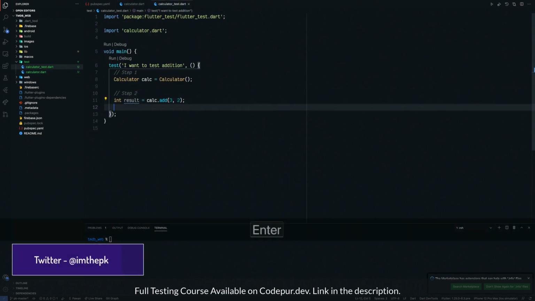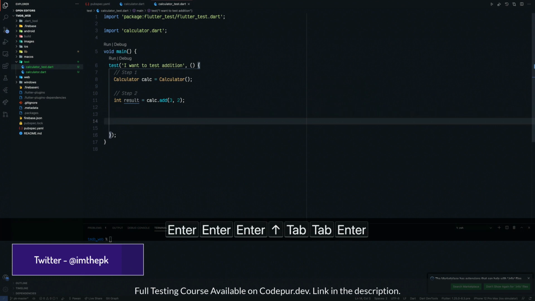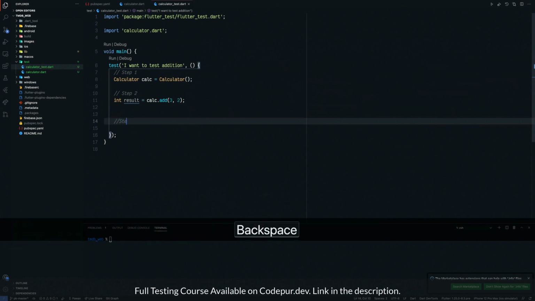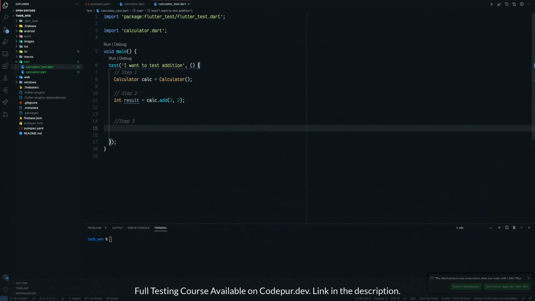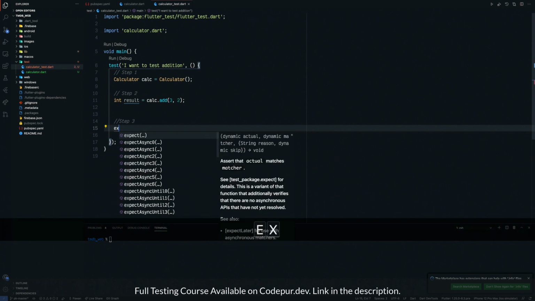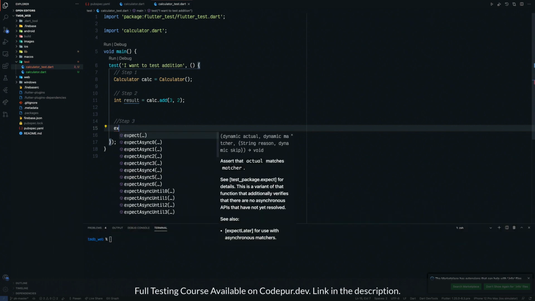And the final step is basically what you expect from this program. Because if you feel that this is going to fail, that is also a success of this test, because you know it is going to fail. So if what you are expecting is meeting that criteria, then it's a successful test case. So expect is actually expect in Flutter, which, if you have used Swift, is XCTAssertEqual or something like that.